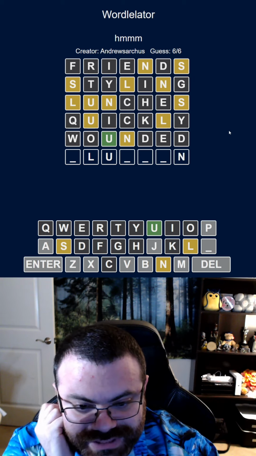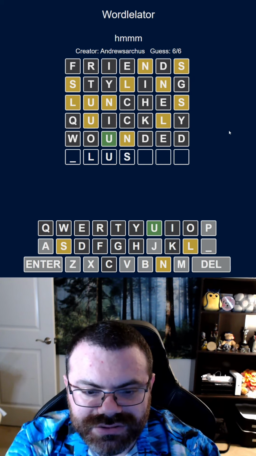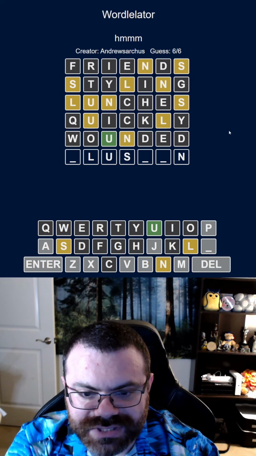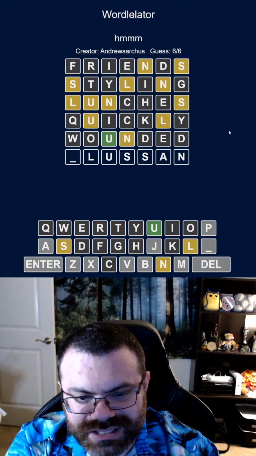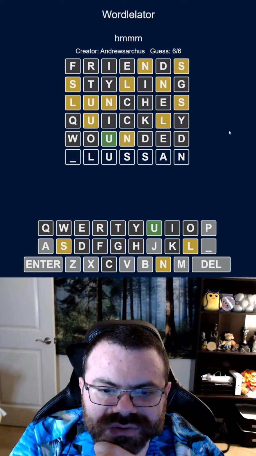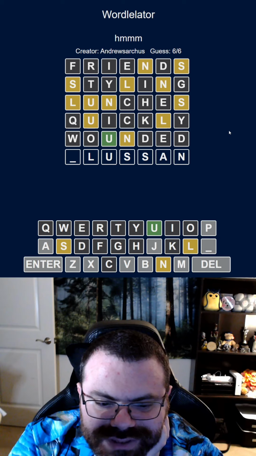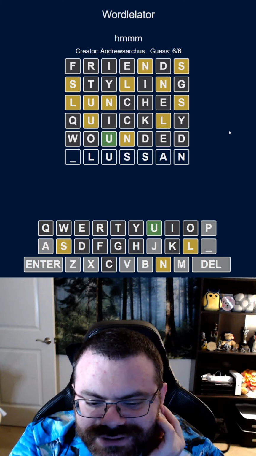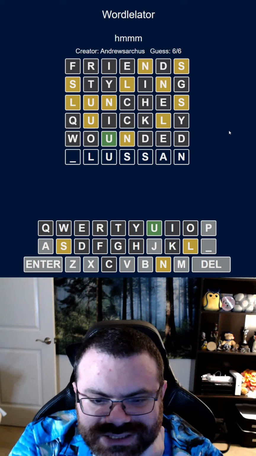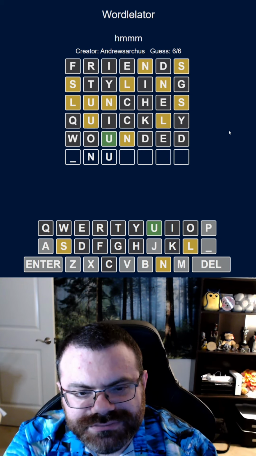How am I gonna guess it from this? There's an S somewhere, so maybe it'd be BLU, something LUS, something something N. If the L is second, then the N is placed. I don't know where else the L would go at this point. If only I thought of better 7-letter words. I need to get a bigger 7-letter vocabulary for these. I did say 7 letters were okay. So the other option is for the N to be here. Like